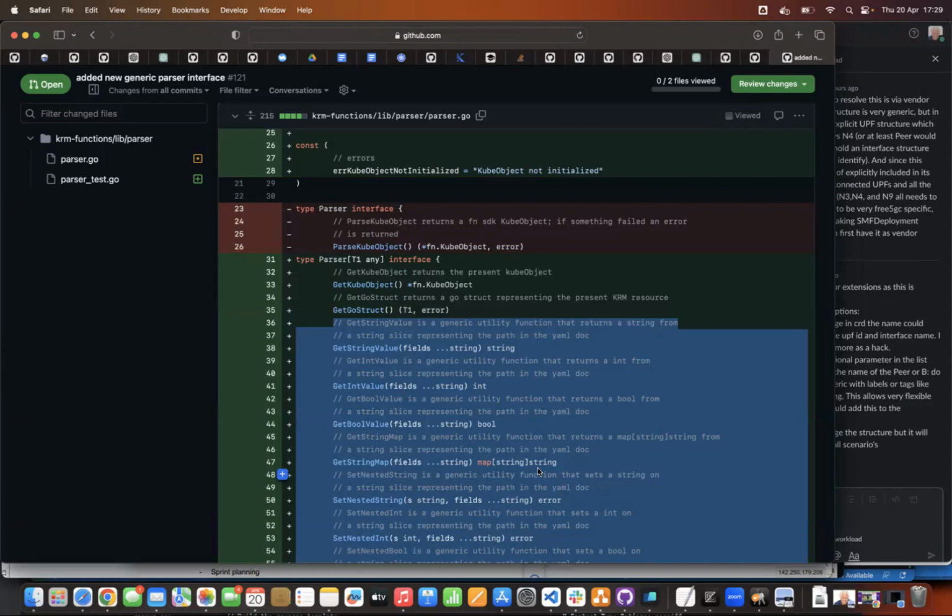In this case, he couldn't use the parser in the generic NF deployment mutator, because the parser is a generic object that needs the type of the final, in this case, the UPF deployment. I'm not sure if you can follow this verbally. It is quite hard to follow, I understand.